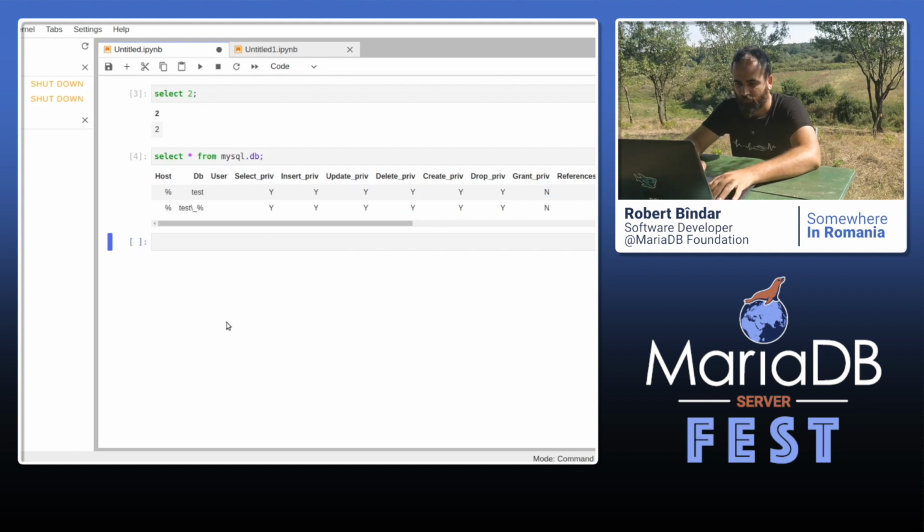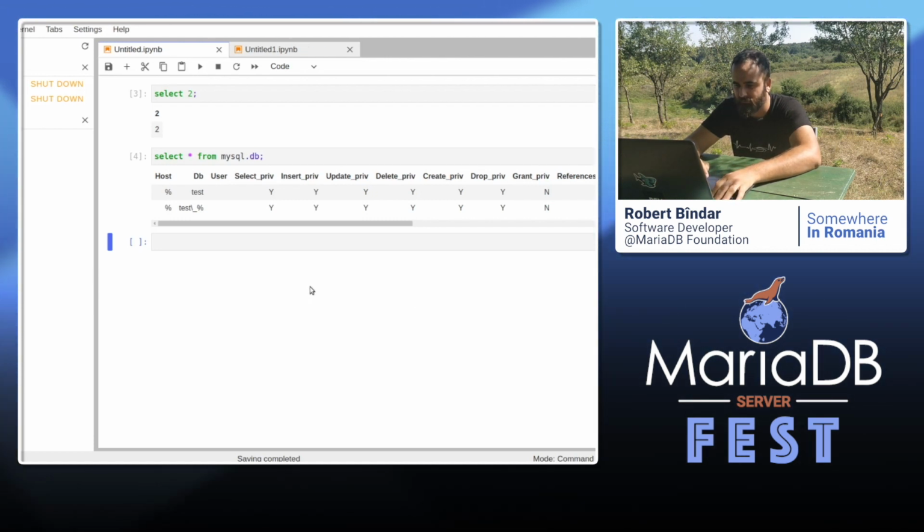So that's cool. You can also save the notebook and share it with someone else. And a nice tip for this is that a while ago GitHub implemented native support for rendering Jupyter notebooks. So you can just push your notebook file into a GitHub repository, and that's it. Everyone can see the notebook as it actually appears in GitHub. So that's actually very cool.